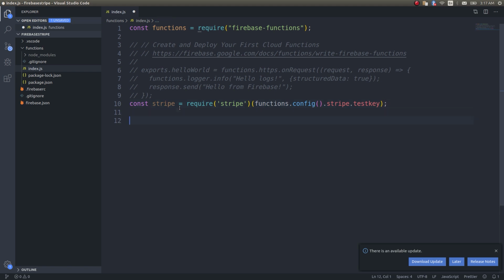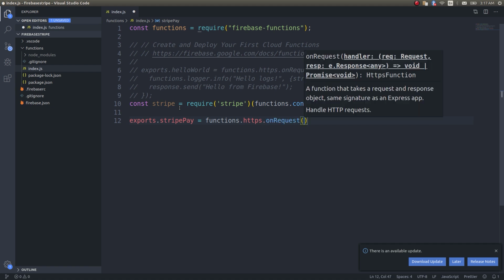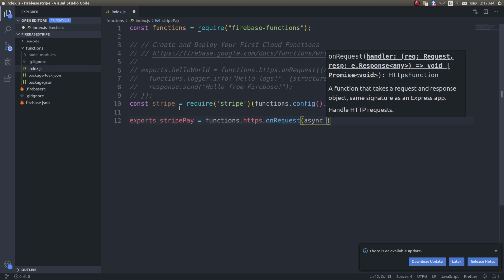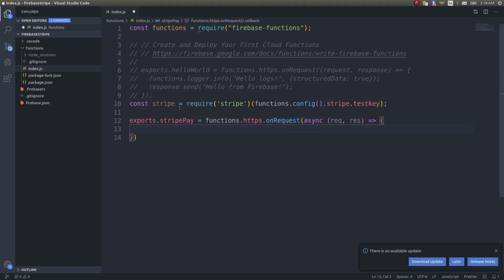And then what I'm doing is exports dot stripePay equals functions dot https dot onRequest async, and inside this is where we are going to be doing our main stuff. Stripe vendor